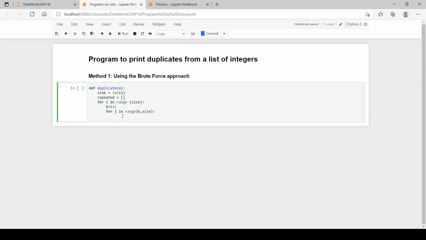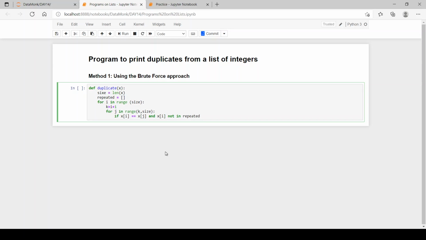Now let's check if x[i], the first element of the list, is equal to any of the elements of the remaining list, so we'll write x[j]. And also we will write: and x[i] is not in repeated.